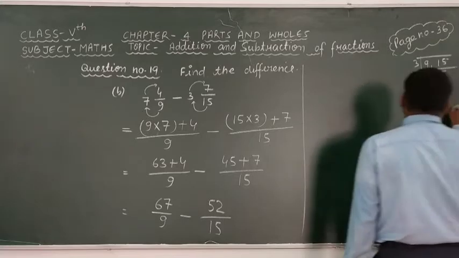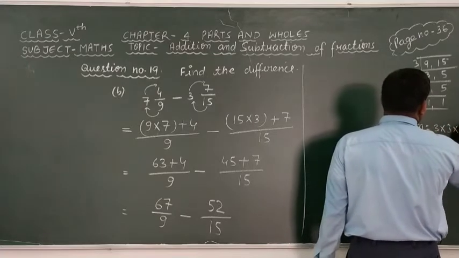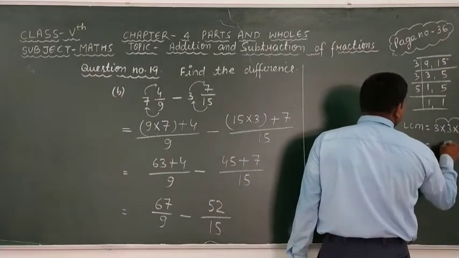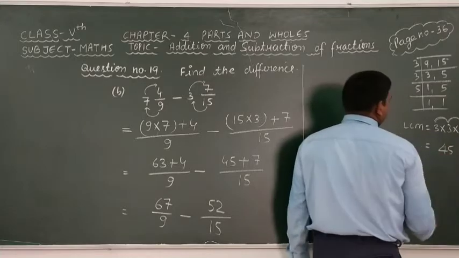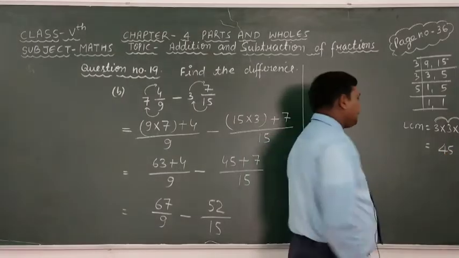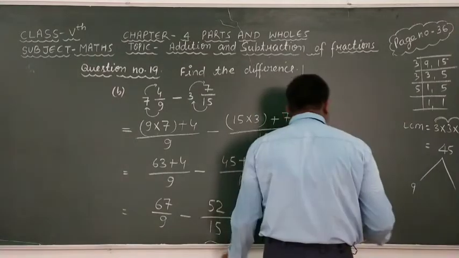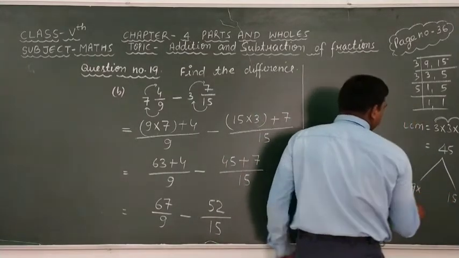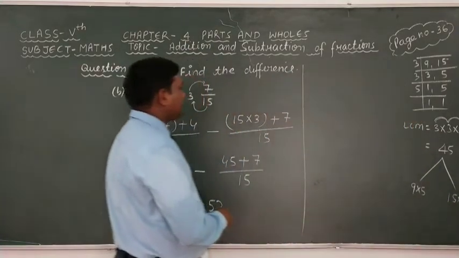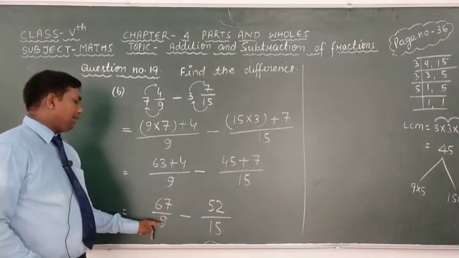Okay, then LCM is equal to 3 into 3 into 5. 3 3 जा 9, 9 5 जा 45. Okay, look here, given that 9 and here 15, we know that 9 5 जा 45 or 15 3 जा 45. It means that if we have to take the multiplication by 5 in this fraction, then we get